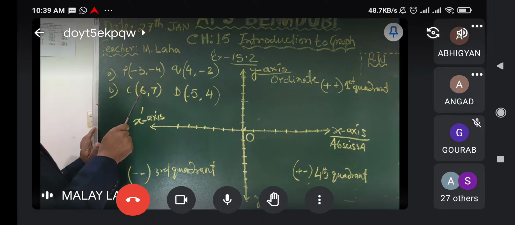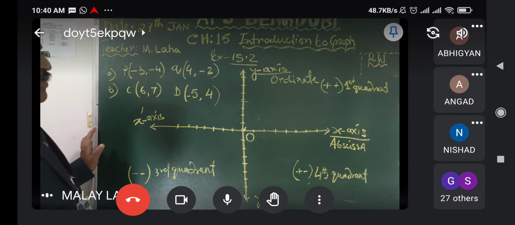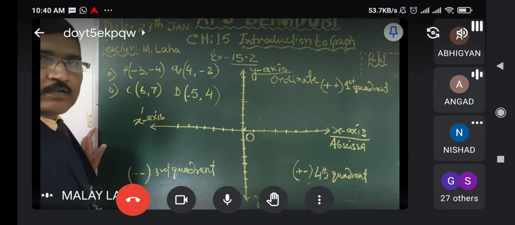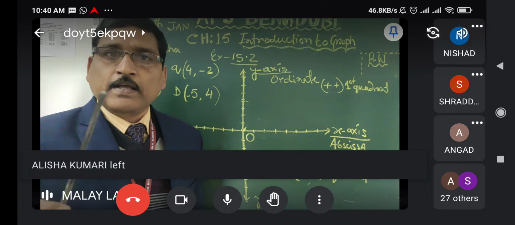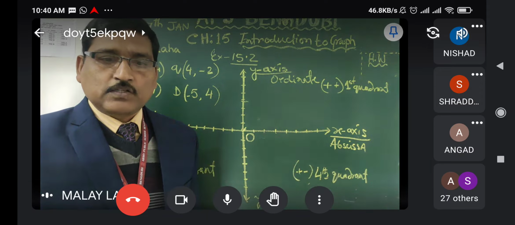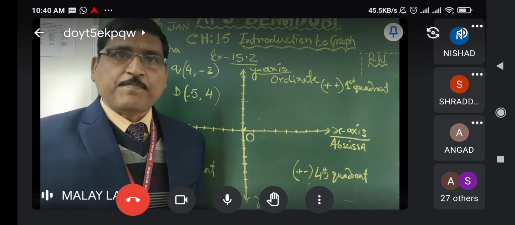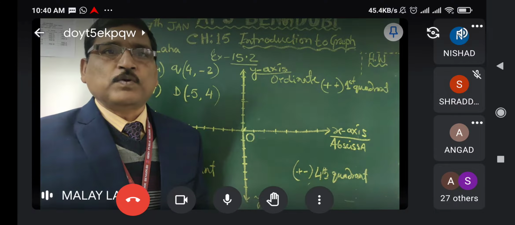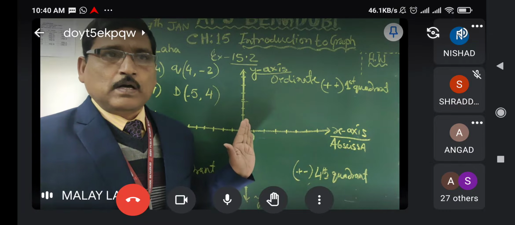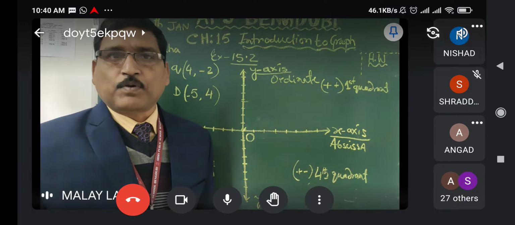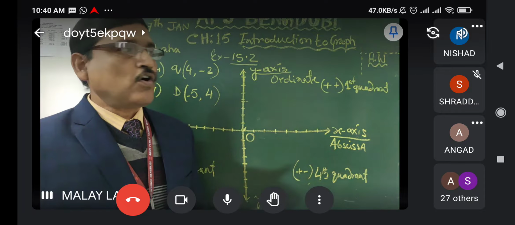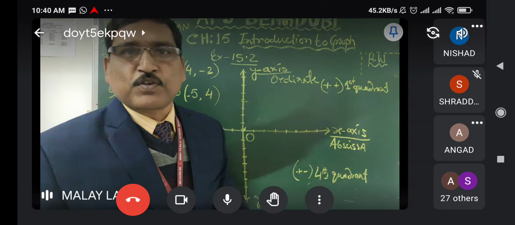Now, point C, both values positive, 6, 7. Where will it be located? Sir, it will be located in the first quadrant. First quadrant. So in your book, whatever the examples given, all are located in the first quadrant. But I will not give you that way, because in class 9th nobody will explain this part again. So you have to know positive and negative and mixed types of points, you have to be acquainted with all sorts. Otherwise, you will have a problem in class 9th. Whatever the exercise questions are there, all are located in the first quadrant because all are positive.